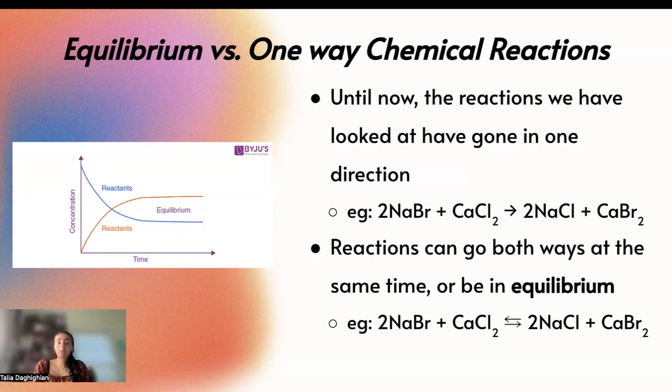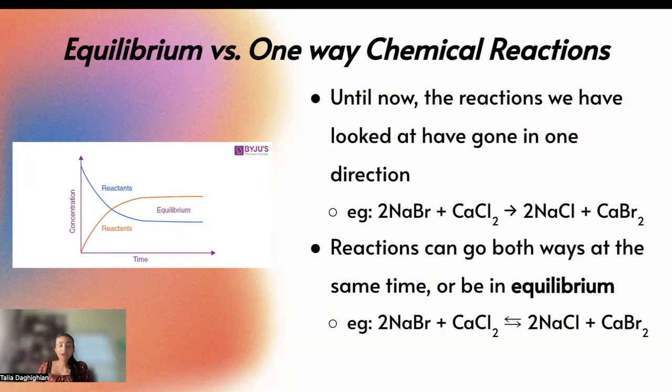So I've given an example. One-way reaction would be something like sodium bromide plus calcium chloride yields sodium chloride and calcium bromide. But like I showed in the following example, we can show equilibrium with the double-sided with two arrows, one going in each direction, to show a reversible or equilibrium reaction. So I have the same reaction, but that arrow symbol means that the forward and reverse reaction are happening at